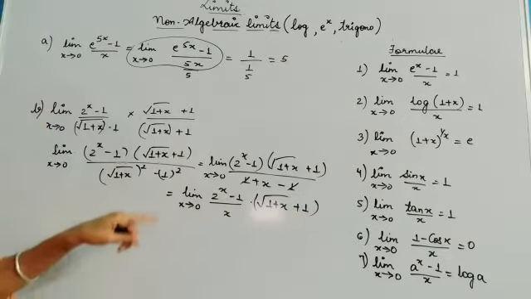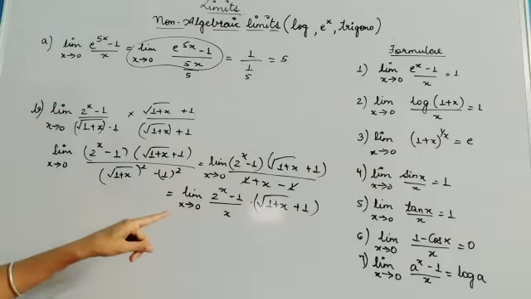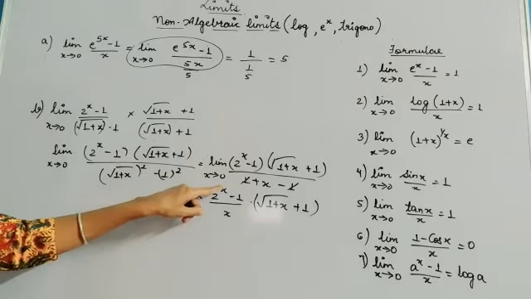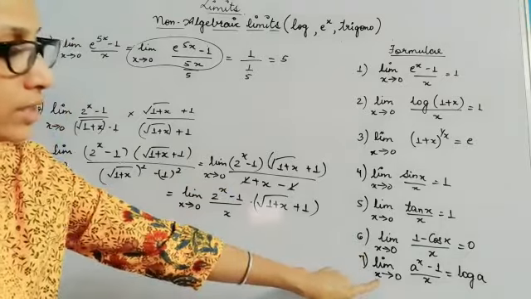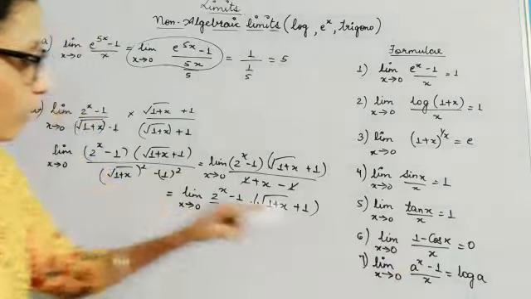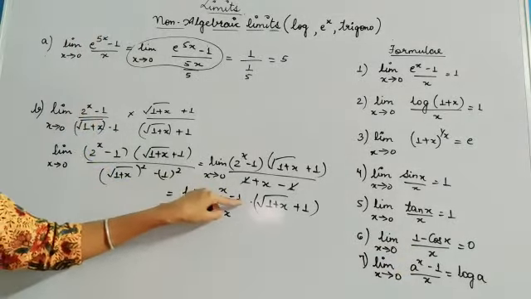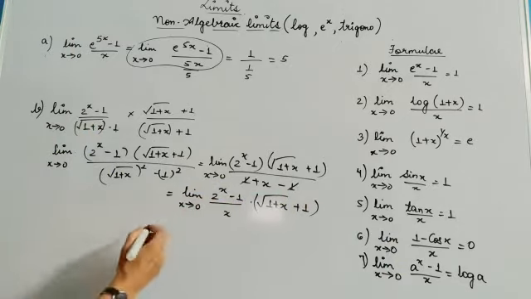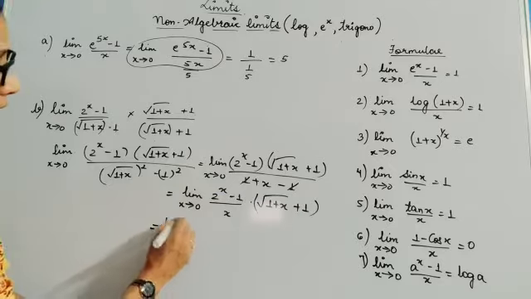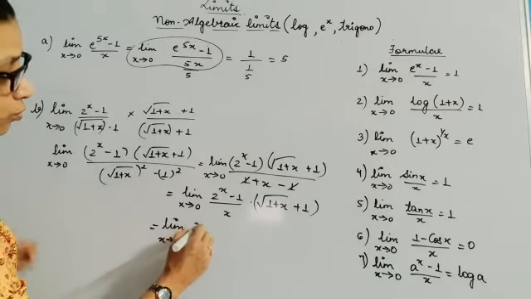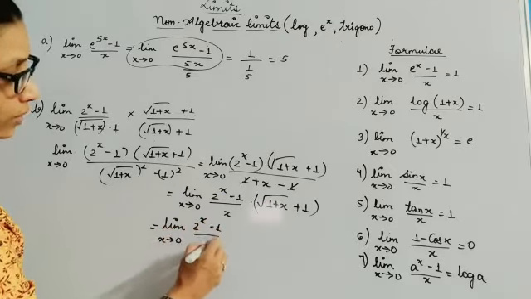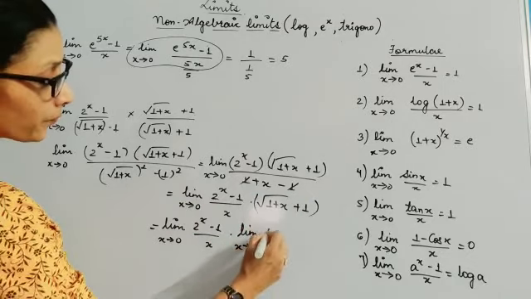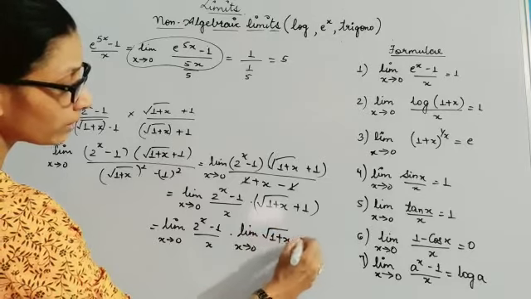Now let's see what standard formula I can apply over here. So I can see here this is constant raised to power x. So I can apply the seventh formula, which is a raised to power x minus 1 upon x. But then what about this? Yes, I can apply the algebra. I can separate the limit x tends to 0 for both of these functions. I can write it like this: limit x tends to 0 under root 1 plus x plus 1.